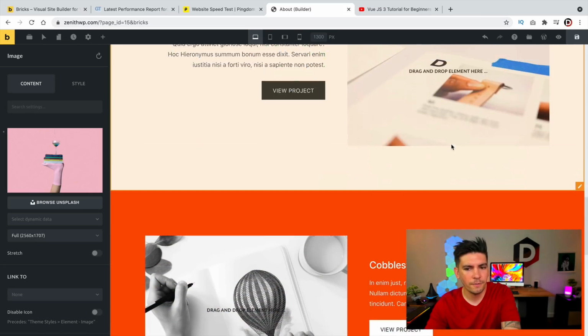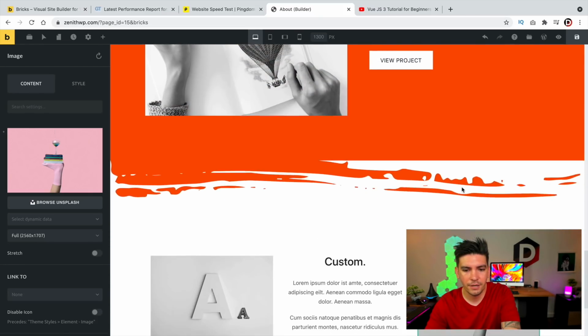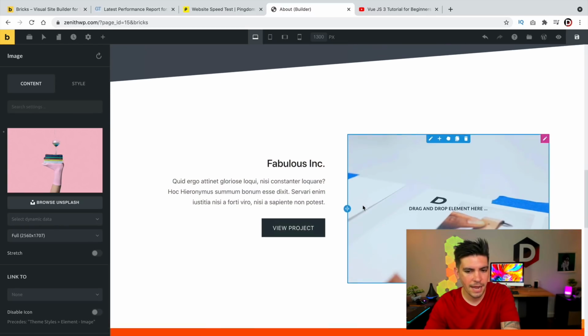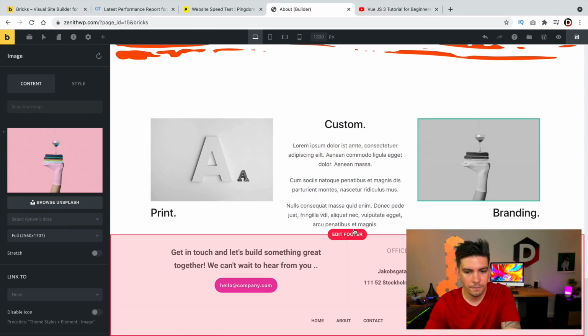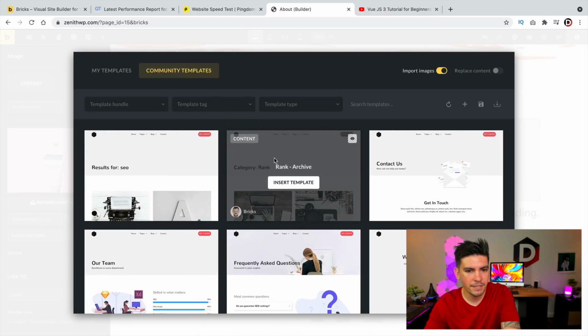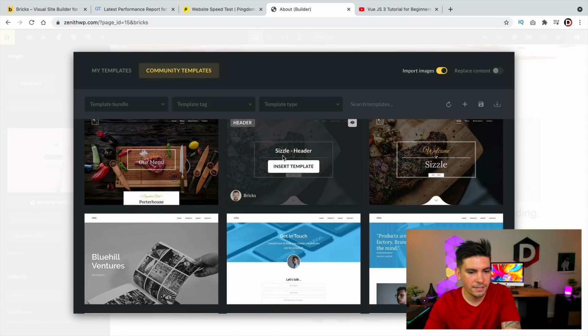Let's make this a little harder. Let's add a lot more content here, because I feel like this is not enough to strain the server. So what I'll do is on the bottom section, I will insert a template below, community templates. I want to really push this, and I want to demonstrate that I think this theme is pretty